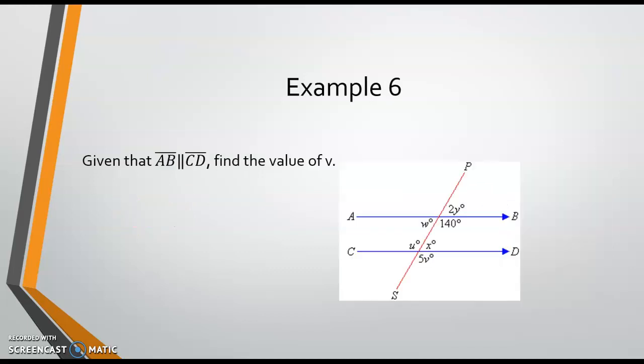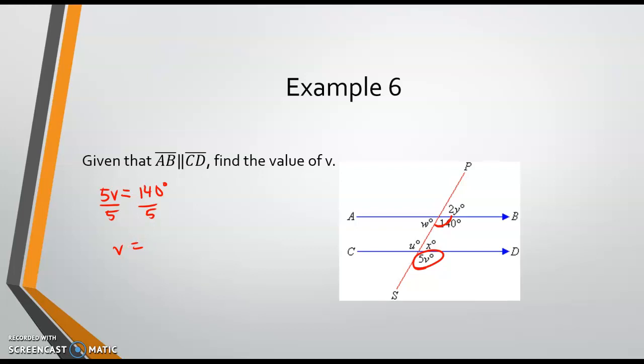Done. All right, so next example, given that AB is parallel to CD, find the value of V. So here's V, and the only thing that has a number is this angle here with the 140. So these are in corresponding positions. And so since they're in corresponding positions, I know that 5V is equal to 140 degrees. So then I'm going to divide both sides by 5, and I'm going to get that V